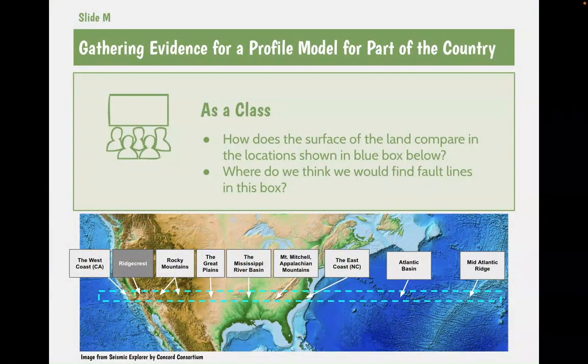So now what we're going to do is take a look at this blue rectangle here. And we want to do the same thing. We want to look at it from the side. So to do that,